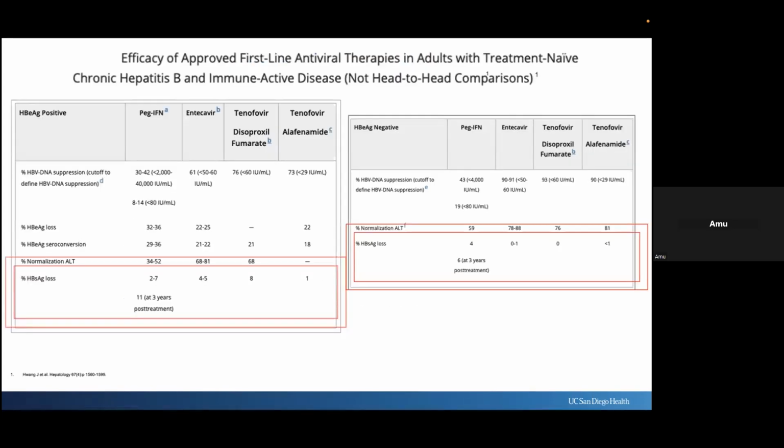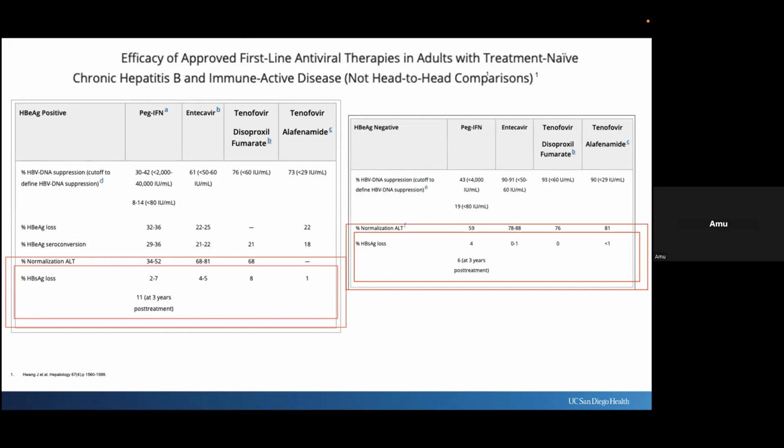So this slide shows the efficacy of currently first-line therapies for chronic hepatitis B infection, and the standard of care therapies for hepatitis B, which include nucleoside and nucleotide analog inhibitors and PEG interferon, are effective in reducing hepatitis B viremia and aminotransferase elevations. Treatment with nucleoside and nucleotide analog inhibitors results in hepatitis B DNA suppression in greater than 90% of people with chronic hepatitis B E antigen negative infection and 73% of E antigen positive chronic hepatitis B, which has been associated with a decrease in important long-term